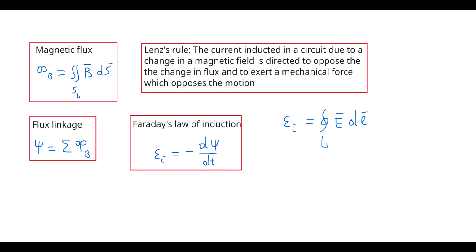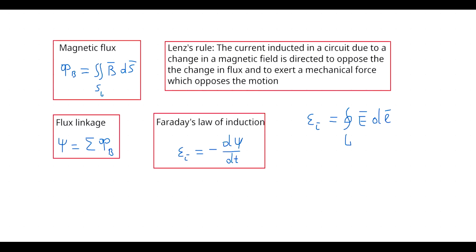If we have only one circuit, the flux linkage will be equal to the magnetic flux in this circuit. And in this situation, we can write that minus dΦ/dt. In case of only one circuit, it will be minus